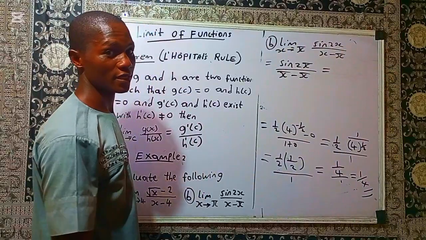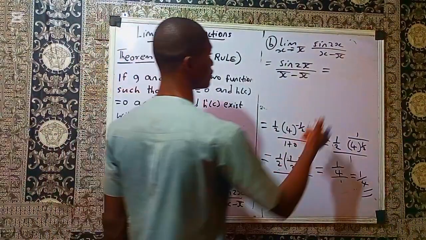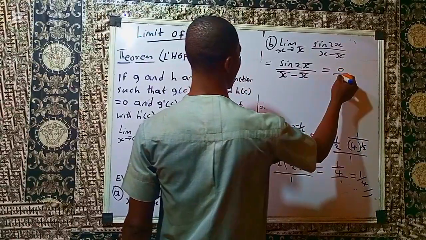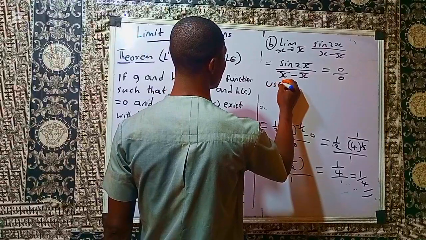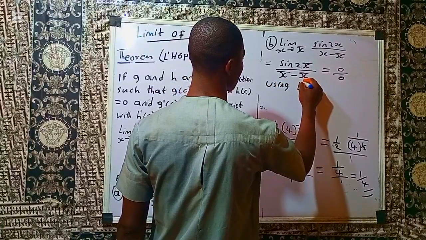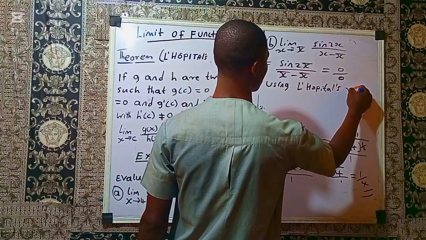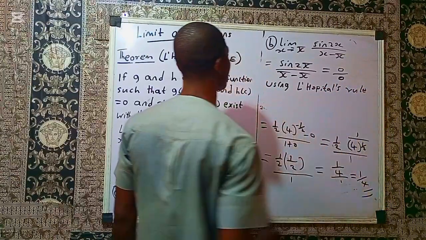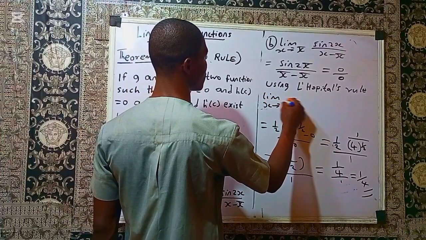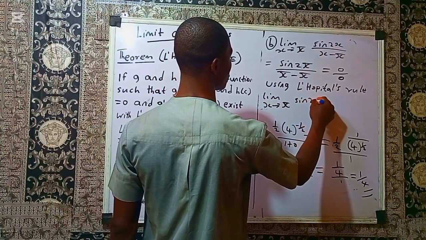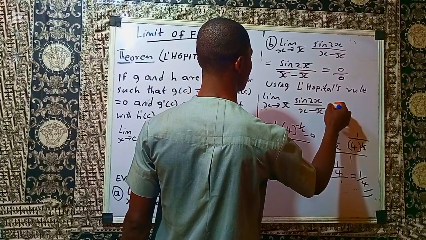What is sine 2 pi? That's 2 pi is 360. So sine 2 pi is 0. Then pi minus pi will give you 0. So we got 0 over 0. So we use L'Hopital's rule. So that limit as x goes to pi of sine 2x divided by x minus pi will be equal to